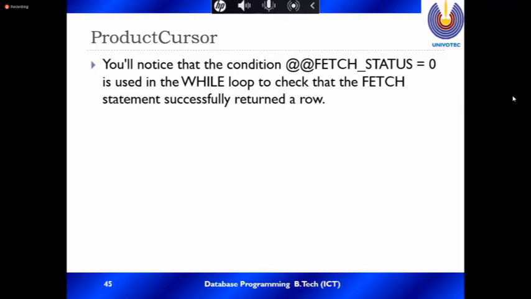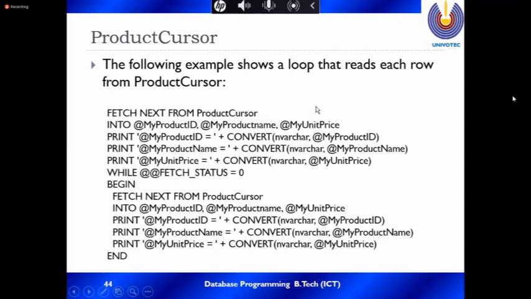You will notice the condition of fetch status equal to 0 is used in the while loop. It checks whether the fetch statement successfully returned a row. If the row is there, the condition is true.